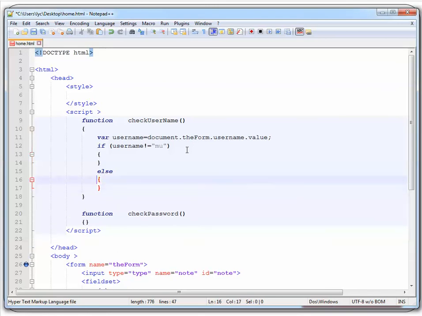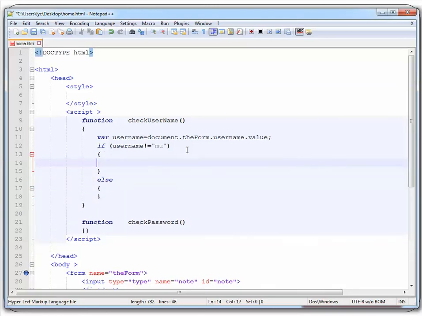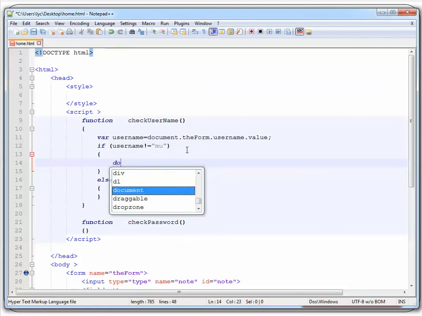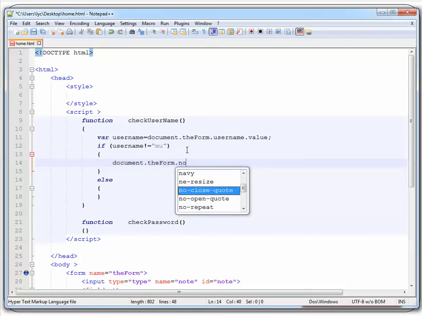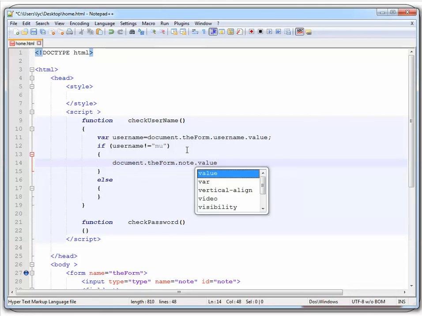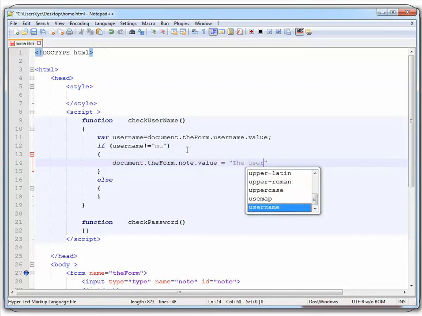So if username is not MU, we display something. Document, then we use the form, and the form we use note, value equal to the username is